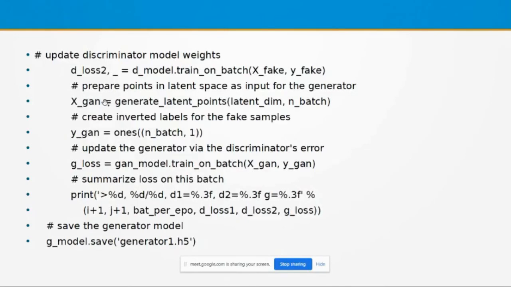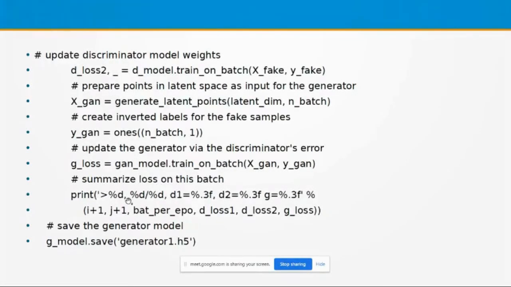But here, first train the discriminator with real images, and train the discriminator with fake images. Next, generate a batch of images using the generator, and these images are passed to the GAN model for creating realistic images.